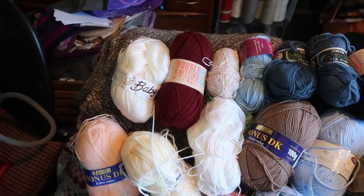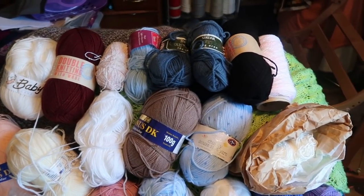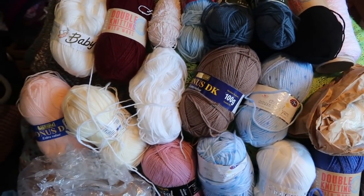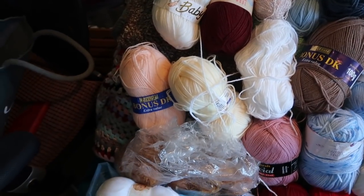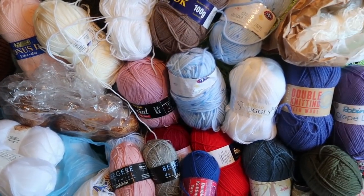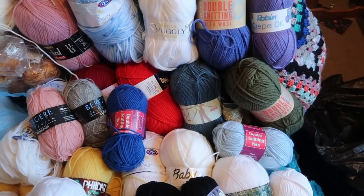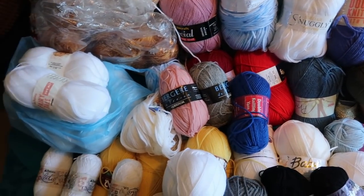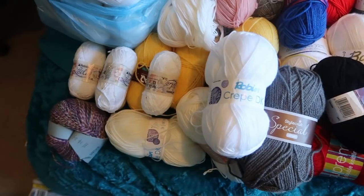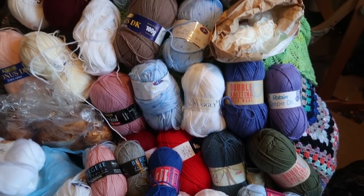Hello lovelies, my middle sister, who doesn't knit, was helping a friend sort out the estate of a family member. They were kind of clearing the house. And there was an awful lot of yarn there. And it was going to get thrown away. So my sister said, I have 2 sisters who knit. So when we were last able to meet, I think it was just before autumn last year, middle sister brought the yarn up to big sister, and I had said please let her have first go at whatever she would like. And this is what I have picked up today from meeting my dad and doing some swaps of Christmas presents and all sorts. So my goodness,